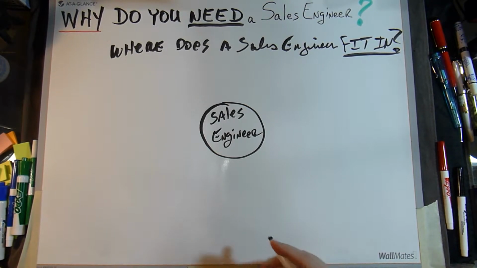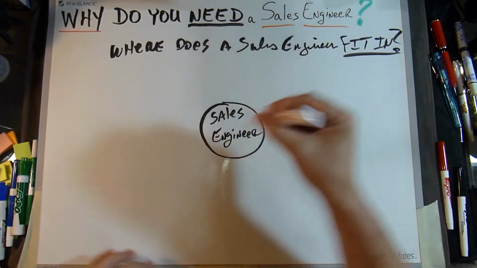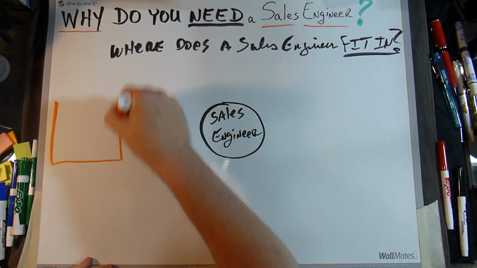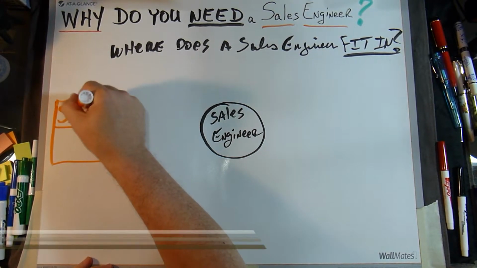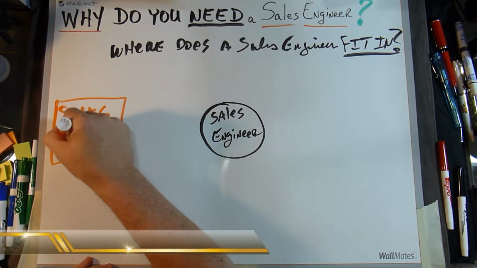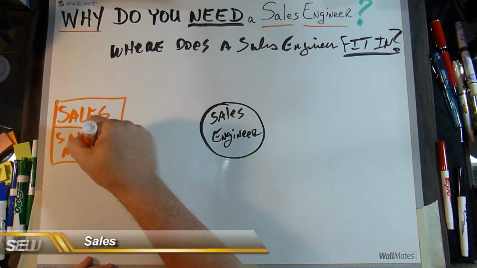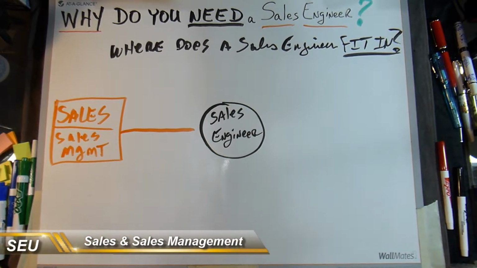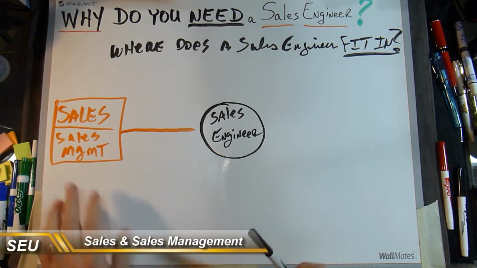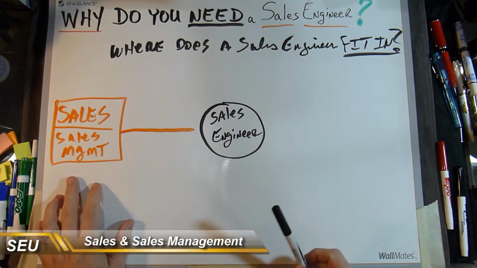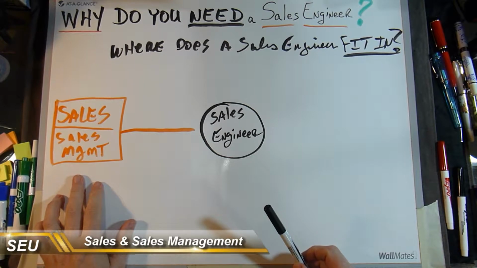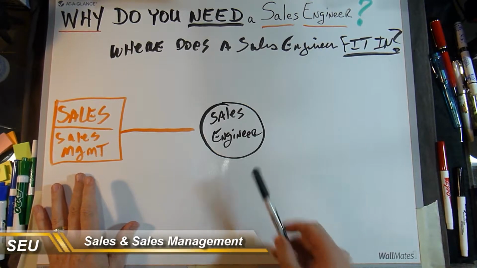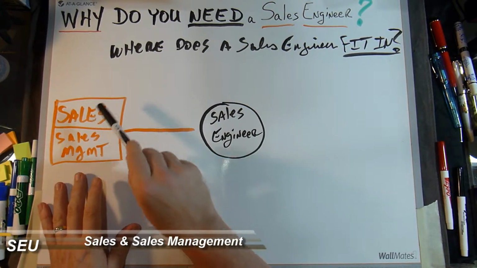The first thing that we can say, well, let's take it very simply. We have sales and we have an engineer. So let's go ahead and talk about sales. We have sales and we have sales management. The sales engineer relates to sales management by supporting sales and supporting sales efforts in the field. This is the primary goal of a sales engineer with regard to how he, or she, interfaces with sales itself